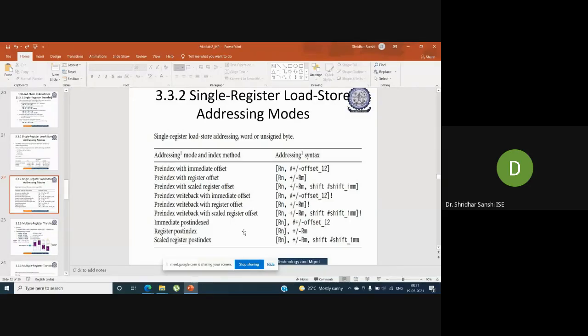Here we are fetching the data and then updating the base address. There is a square bracket, comma, and the value you are specifying. These are some examples of how you can use different modes in the single register load and store instructions.